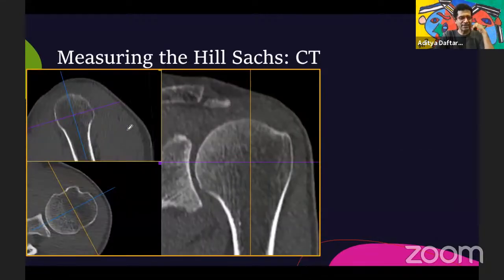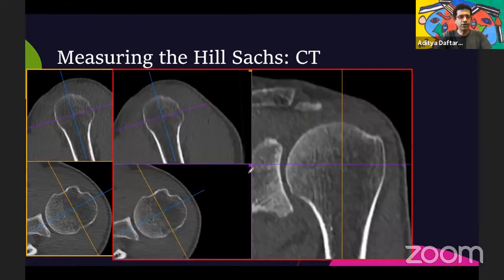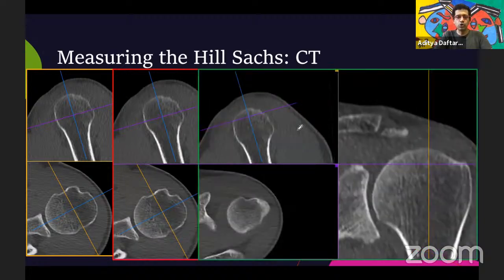In terms of measuring the Hill-Sachs lesion, one of the things I try to do is make sure that we're measuring along the length of the humeral shaft. I try to ensure two things. One is that we're not measuring too far down, because there's a typical posterior humeral head bump if you measure lower or towards the center of the humeral head. So you've got to go towards the upper aspect of the humeral head, and that's where you're going to find the Hill-Sachs lesion. You can see that over here. And that essentially is the measurement that you're going to take as the width of your Hill-Sachs lesion when you're measuring the glenoid, when you're measuring the humeral tract.